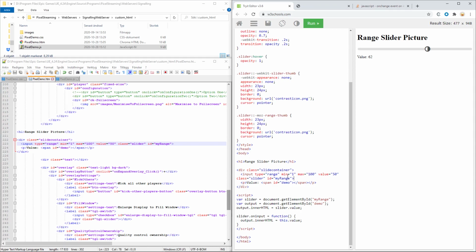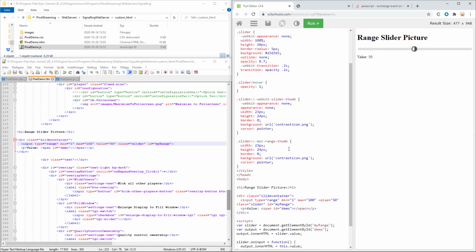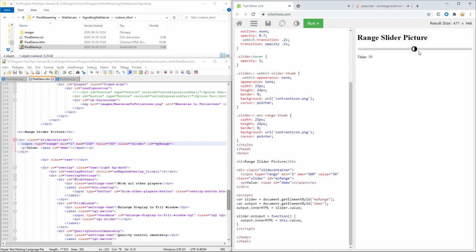Now, because this is just one document, it is read through entirely, setting everything up whenever we reload the website. In our case, just like the buttons in an earlier tutorial, we want to have an input whenever we change this value and be able to send that using the UI interaction to Unreal.